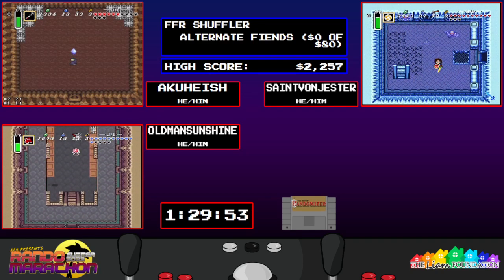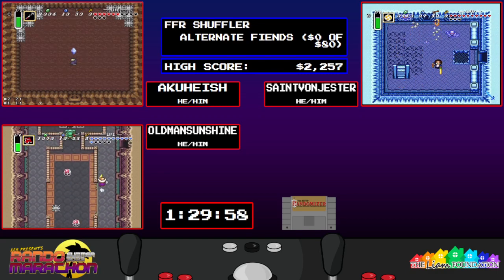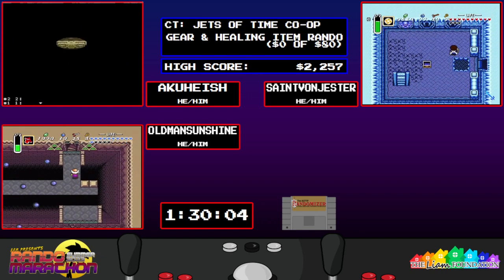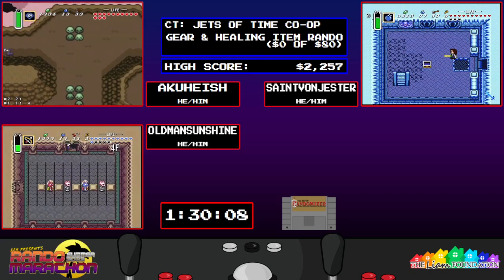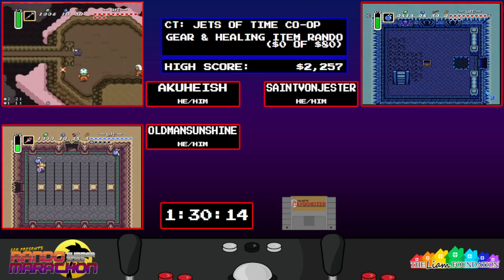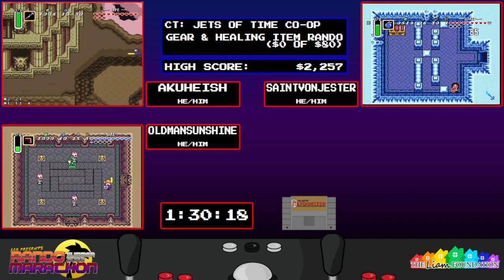The Old Man has been in the driver's seat for pretty much this whole race. Old Man's been going strong this entire time, and I don't think there was a gamble that hasn't paid off for him at this point. No, every single gamble he's made has paid off massively. And even with the extra bit of trick knowledge that Aku has,